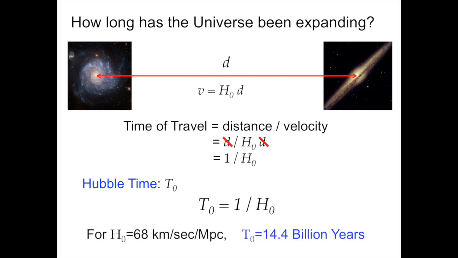For a Hubble constant which we measure locally to be 68 kilometers per second per megaparsec, this would imply a Hubble time, 1 over H0, of 14.4 billion years. Do the calculation and put in the number of kilometers in a megaparsec, and you'll see that it comes out right. We'll leave that as an exercise to the listener. This tells us that in order for galaxies to be as far apart as we see them today, with their observed redshifts, with their observed cosmic expansion speeds, the universe has to have been expanding for at least 14.4 billion years if that expansion rate is constant and unchanging through cosmic time.